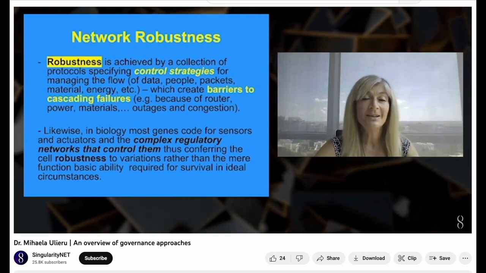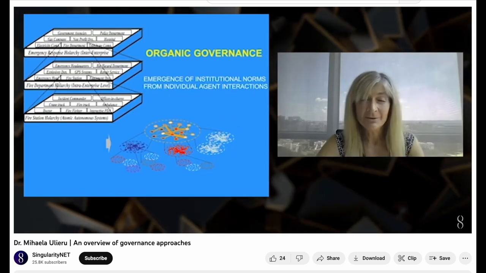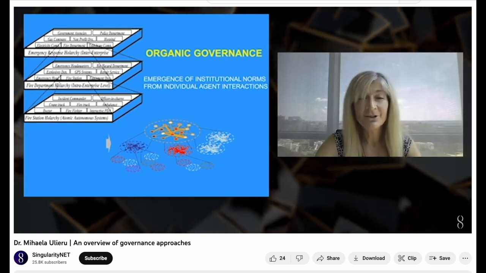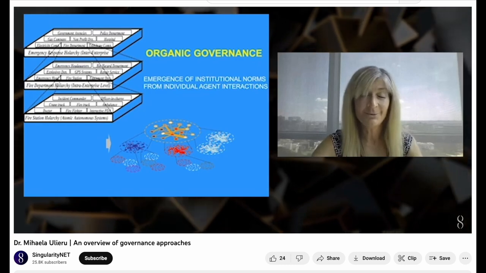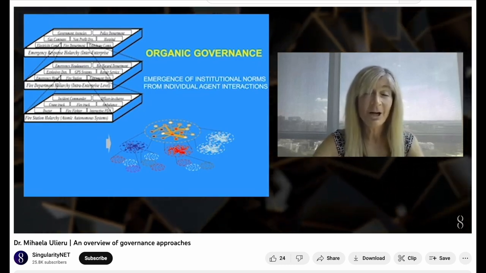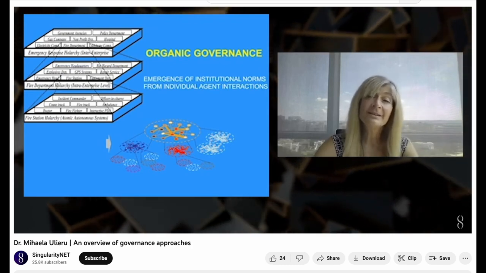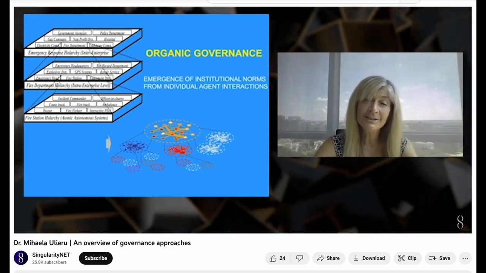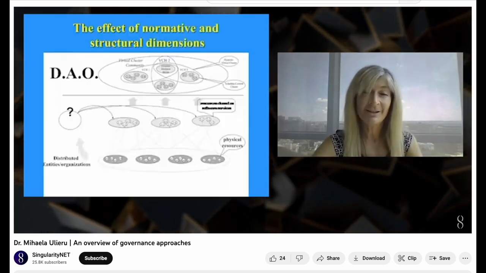Is following exactly how nature is optimizing for robustness. So this process of organic governance, just as you have seen with the ants optimizing for the path to the food and from the food to their workplace, we can have these norms and rules in our institutions emerge from the individual agent interactions.